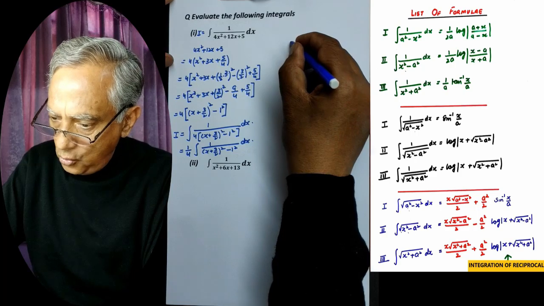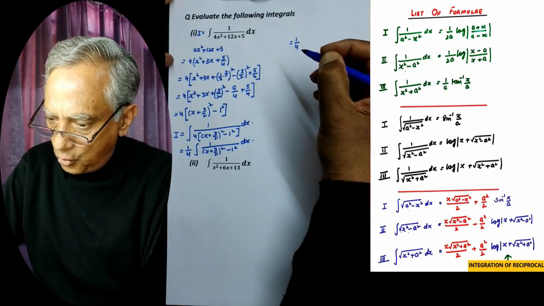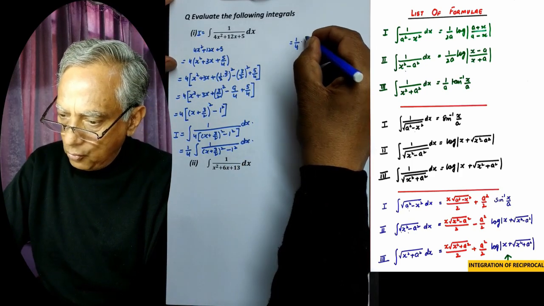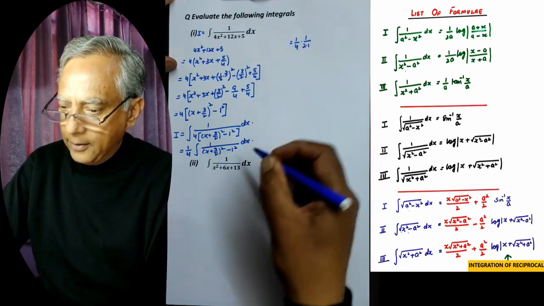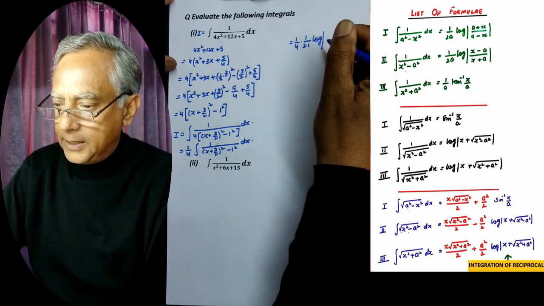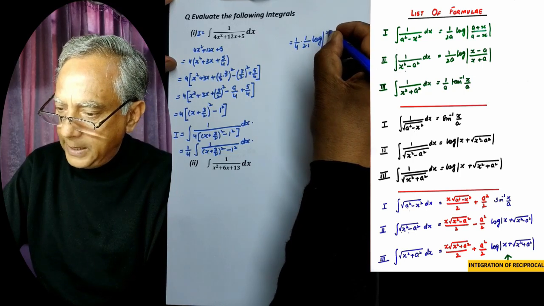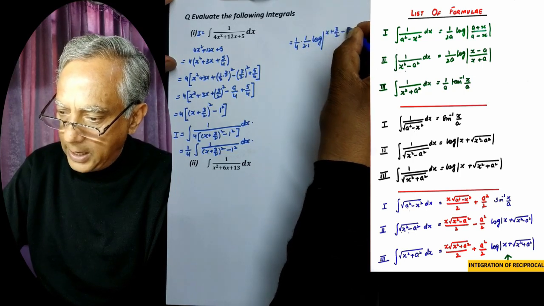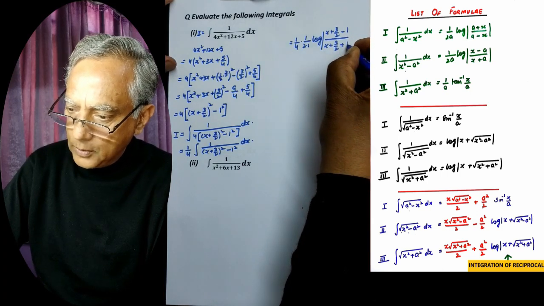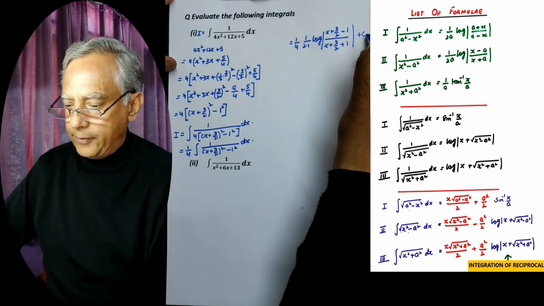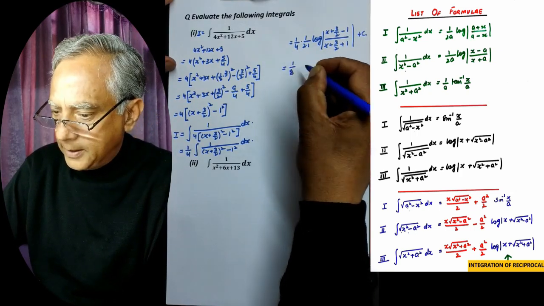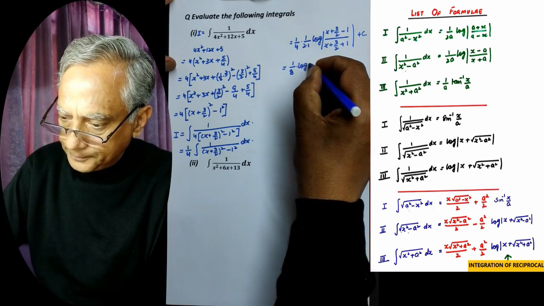And this is equal to 1 by 4 into, now this will be 1 by 2a into log of x minus a over x plus a. So this will be x plus 3 by 2 minus 1 over x plus 3 by 2 plus 1 plus constant of integration. So this will be 1 by 8 into log of,